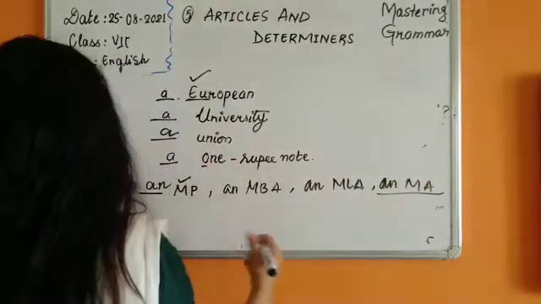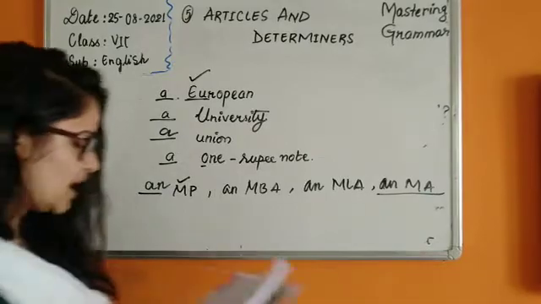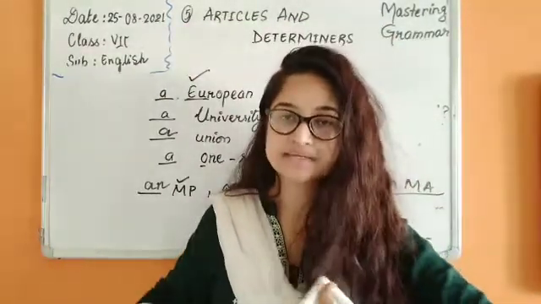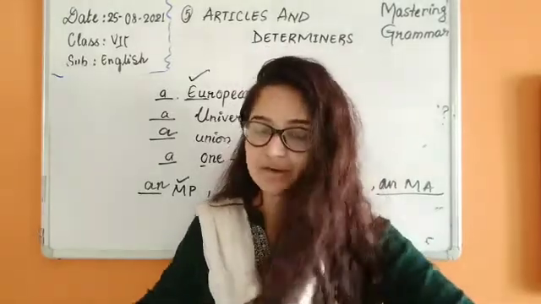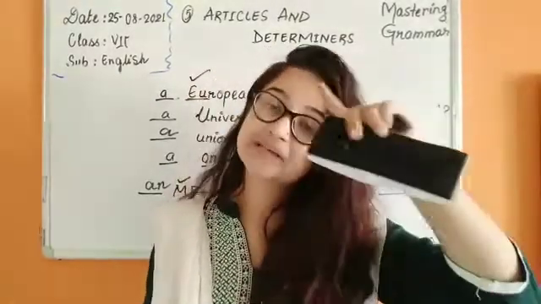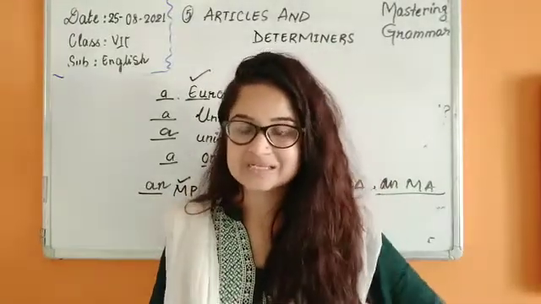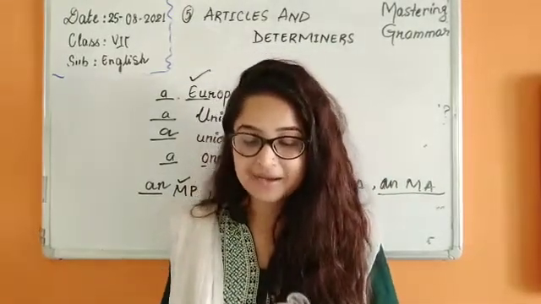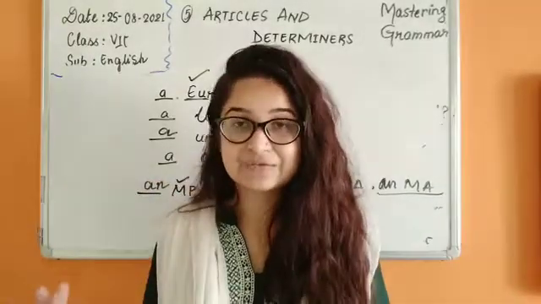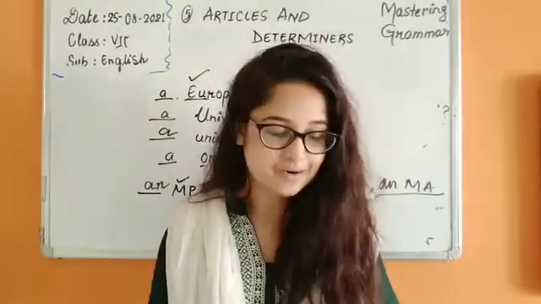Okay. So now the article a is often used with particular phrases. Like a noise, okay, he's making a noise, although we know that we cannot use an here because this is a consonant sound. A headache, in a hurry, in a loud voice. So when we are using some phrase, we can definitely use article a.